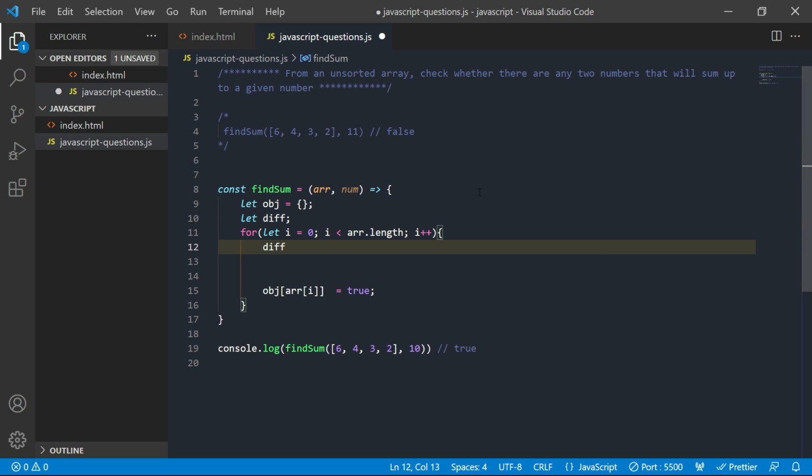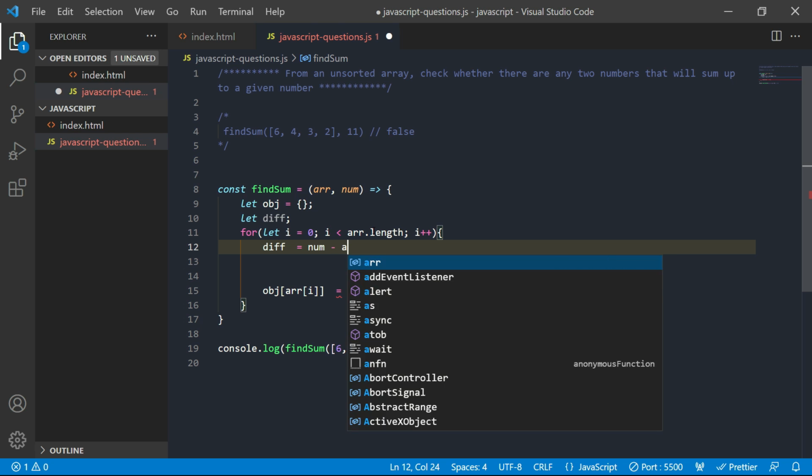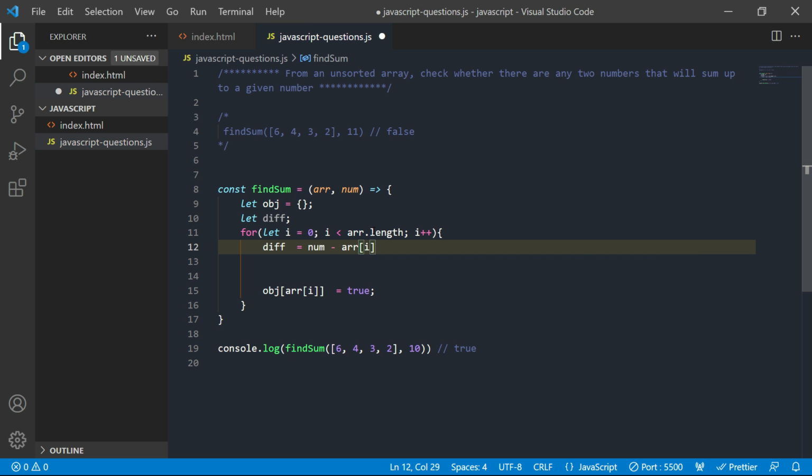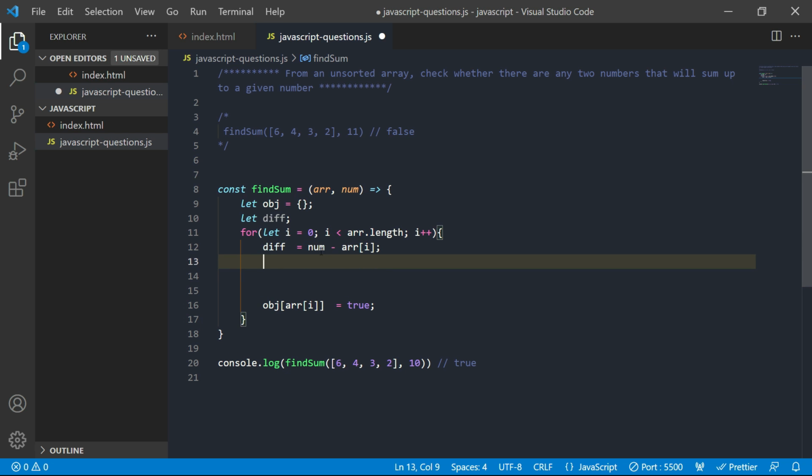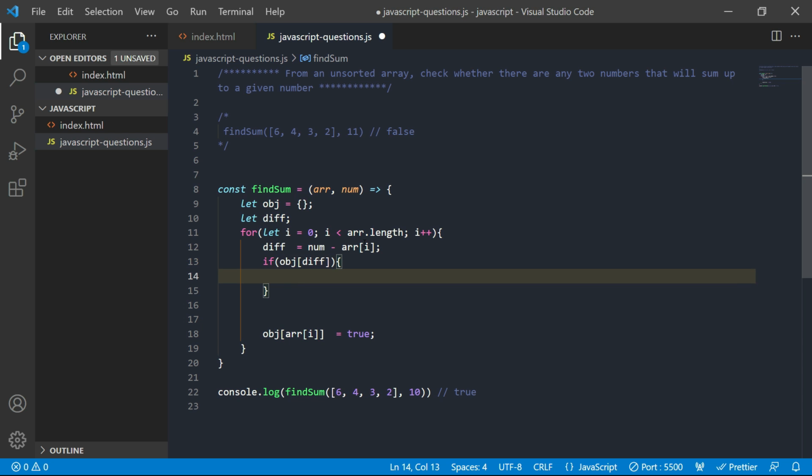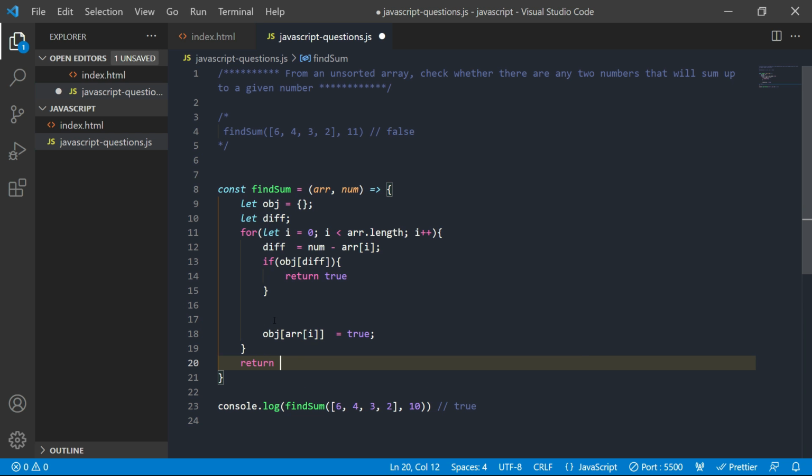Here I'm going to check difference is equal to the number which we pass minus array of i. So this gives the difference number. If the object has this difference value, I mean this difference key, then it should return true. If not, we are going to return false.